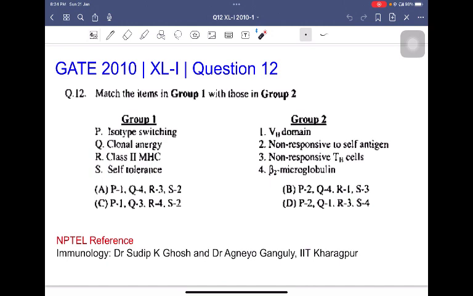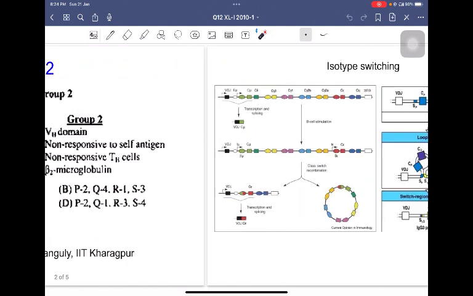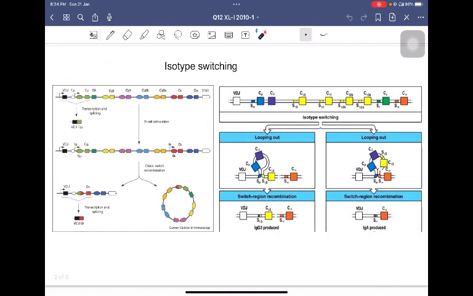Now, we will discuss these items one by one. First of all, we will talk about isotype switching. So what is isotype switching? Isotype switching is the mechanism by which the antibodies can change their class, which means that the antibodies change their